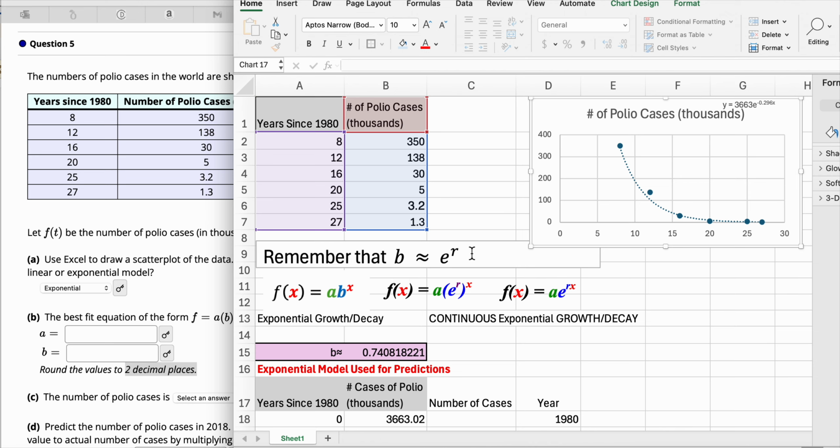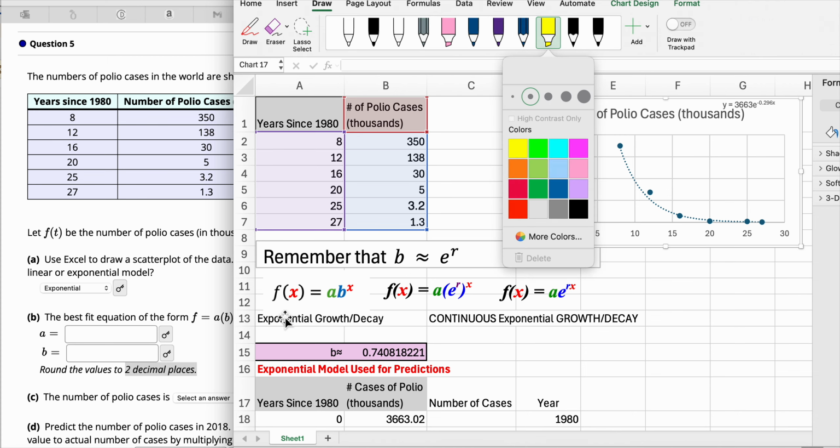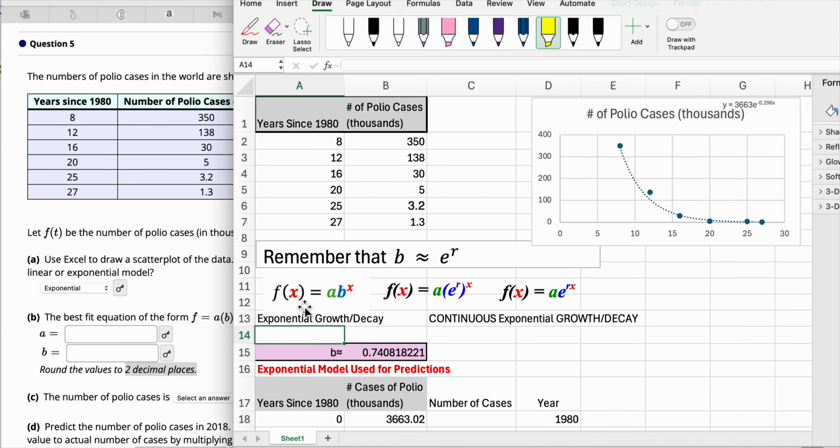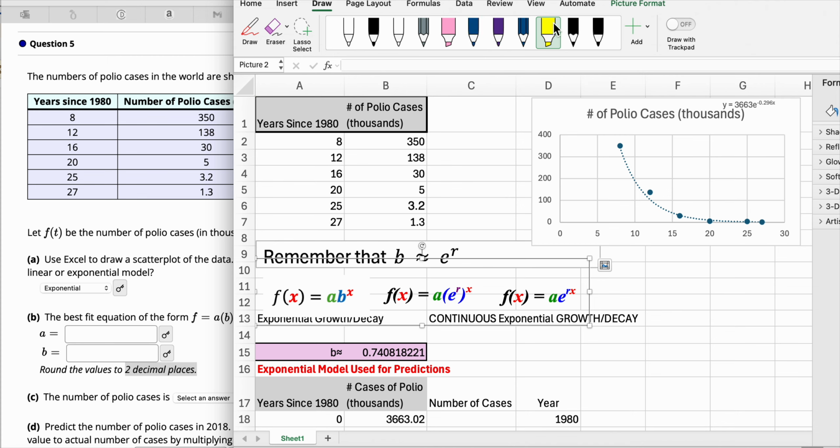Remember that e to the r, my continuous growth, my base of e raised to a growth factor or a decay factor, is approximately equal to b. So if I look down here, f of x equals a b to the x, this is just regular exponential growth, where a is my initial amount, b